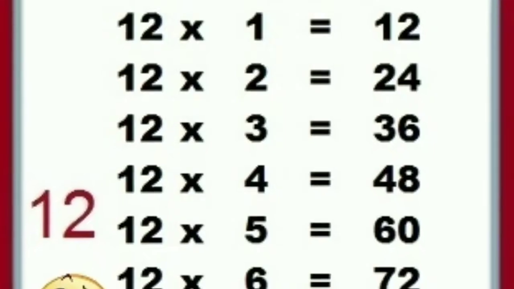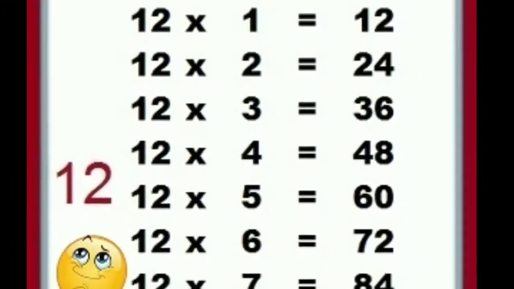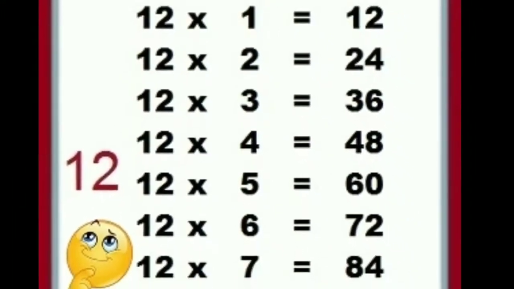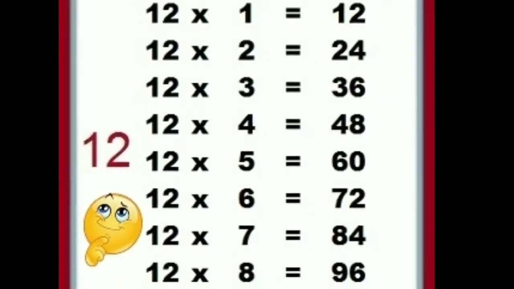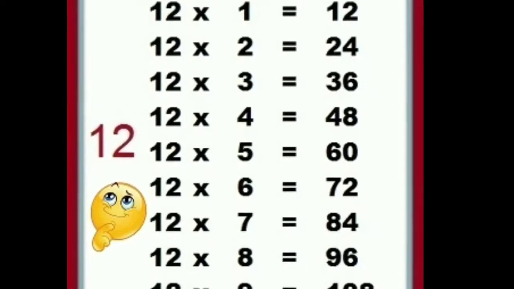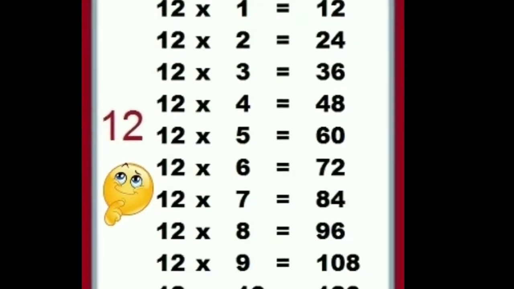Next, table of 12. 12 ones are 12, 12 twos are 24, 12 threes are 36, 12 fours are 48, 12 fives are 60, 12 sixes are 72, 12 sevens are 84, 12 eights are 96, 12 nines are 108,